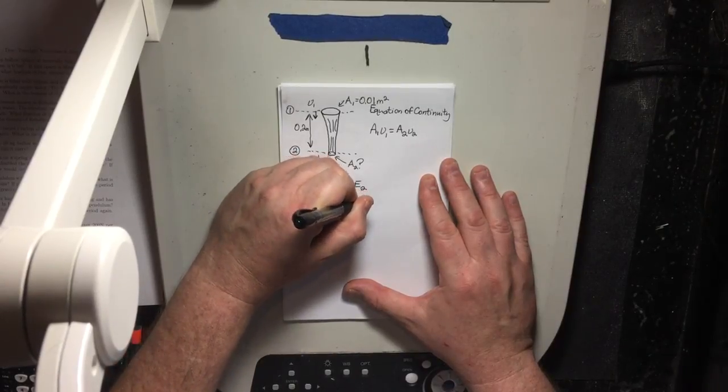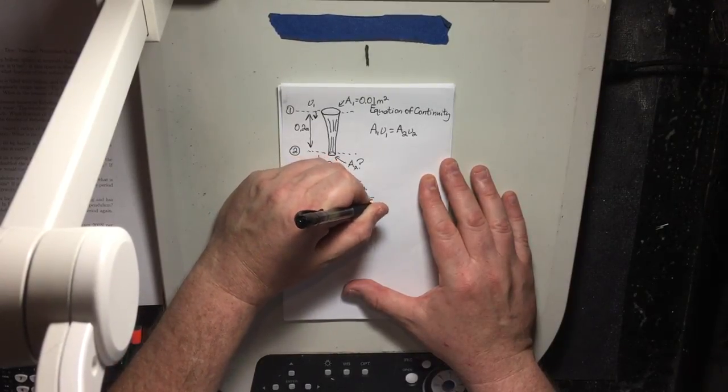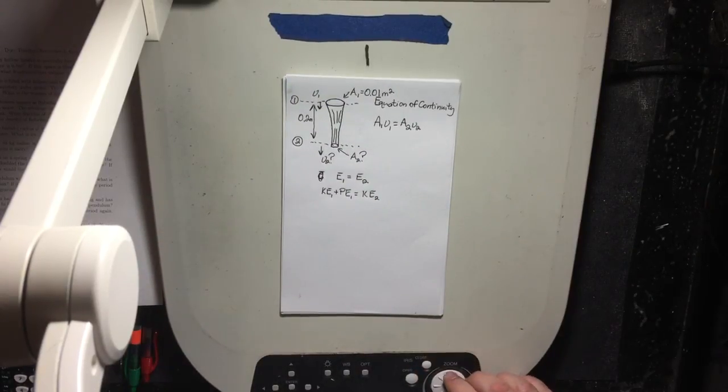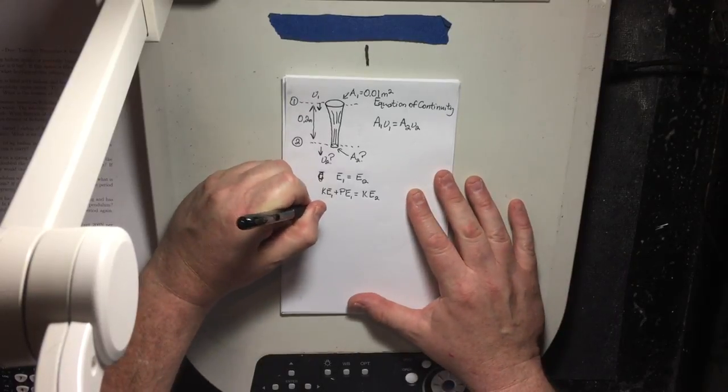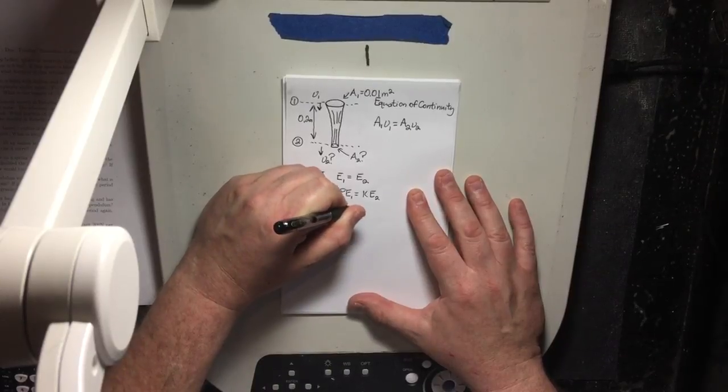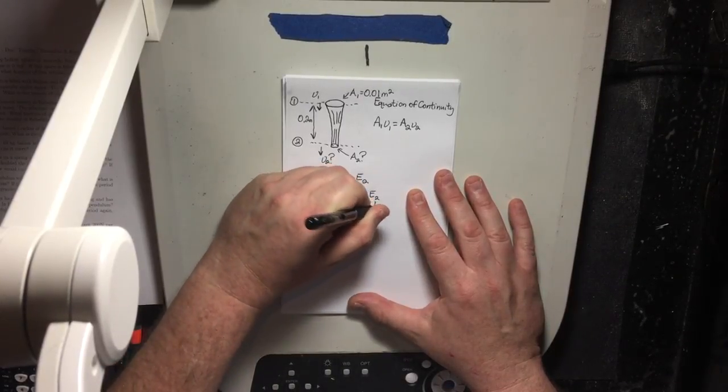At the bottom, it's all kinetic energy. So kinetic energy of 1 plus potential energy of 1 equals kinetic energy at 2. 1/2 mv1 squared plus mgh1 equals